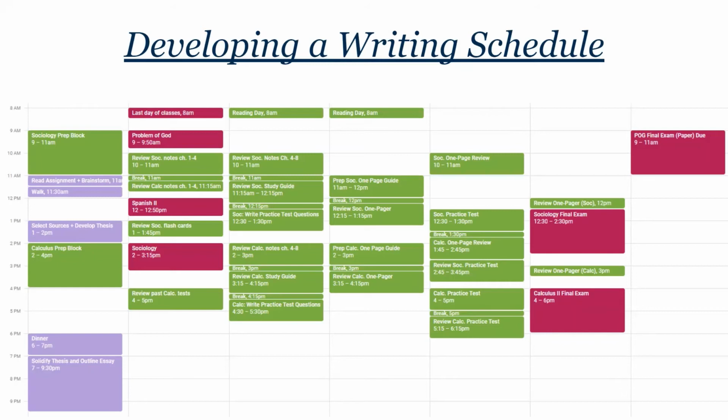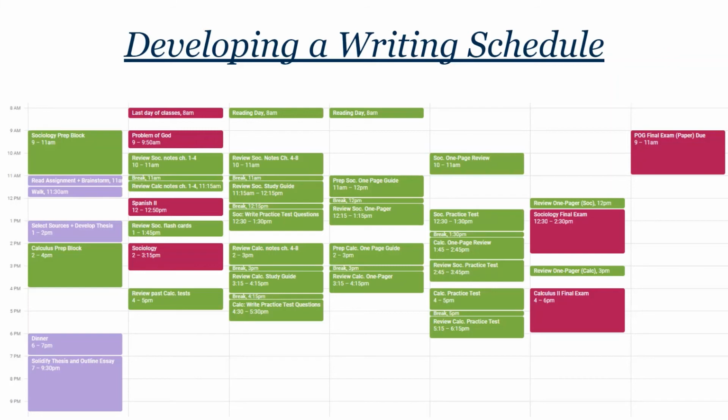And then I'm going to sit down for an hour and try to select my sources and develop my thesis. This is a period when I'm going to be looking through some of these texts that I might use, look for quotes, and go back and forth between that to try to come up with a cursory thesis. It might not be solid at this point,